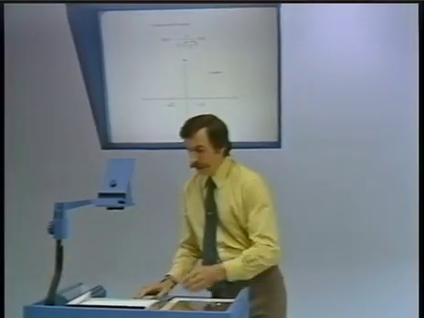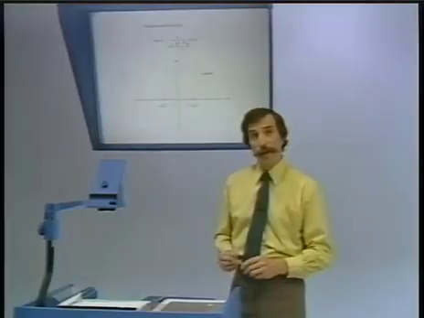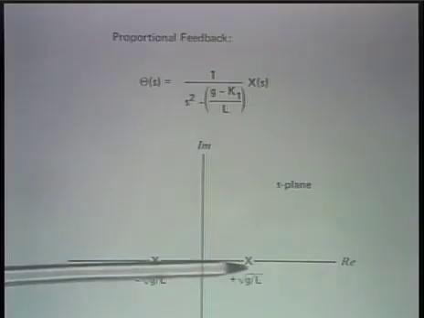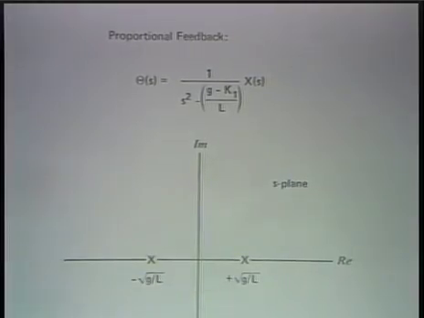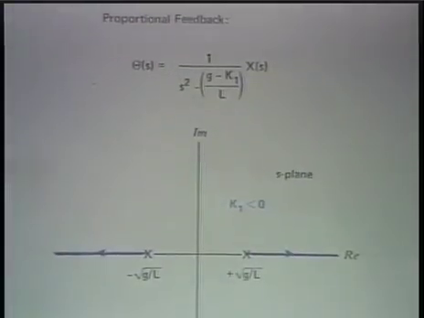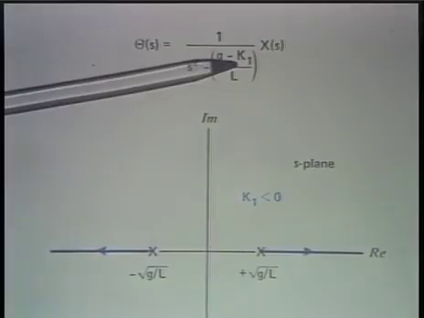Well, first of all, with k1 equal to 0, which of course is no feedback and corresponds to the open loop system, we have the poles where they were previously. And if we now choose k1, let's say, less than 0, then what will happen as k1 becomes more and